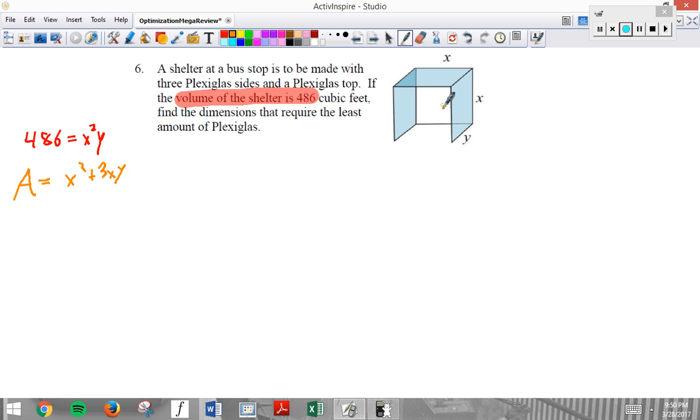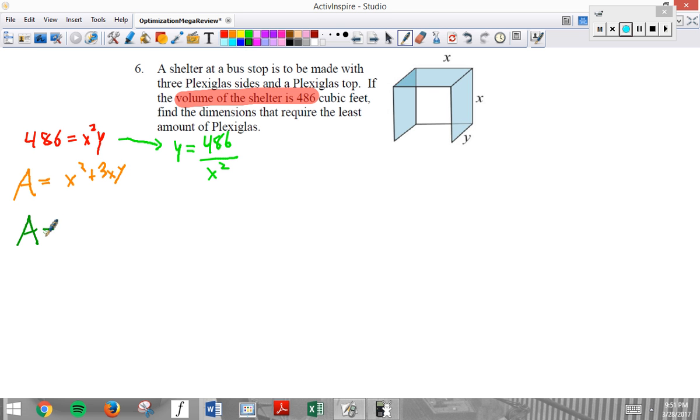The back has dimensions x squared. Now, who do I want to solve for? I want to replace y in this equation. Okay, so here I go. In order to replace y, I solve for y. Obtaining my new equation,